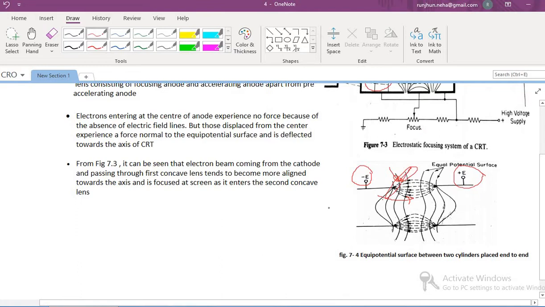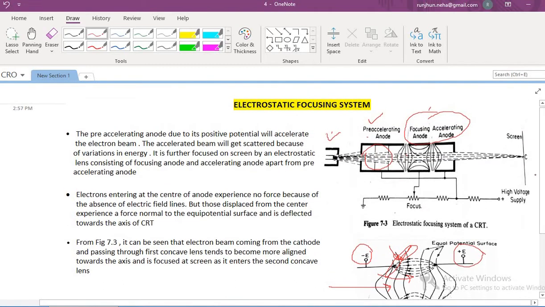Therefore, any electron entering at the center of the anode will experience no force at all because of the absence of electric field lines. However, any electron deviated from the center position will definitely experience a force towards the axis of the CRT. Now, if we go back to figure 7.3 and refer to it,